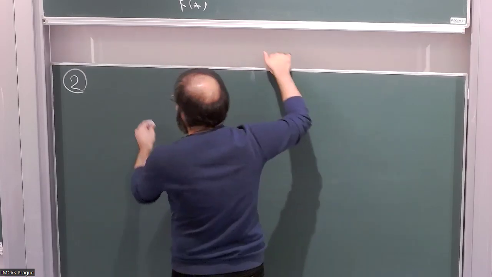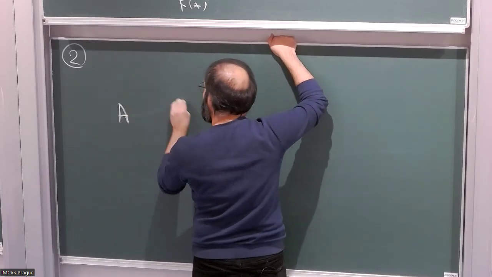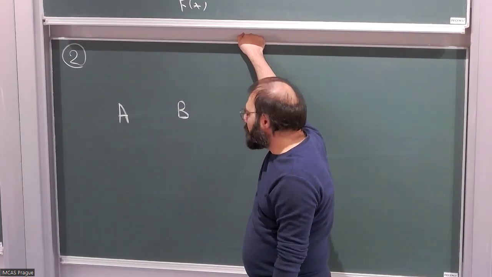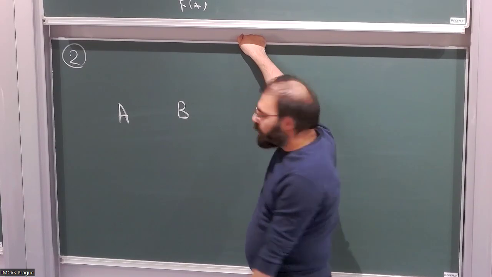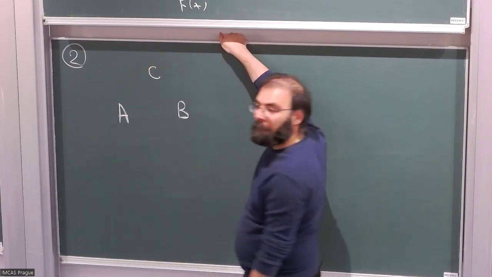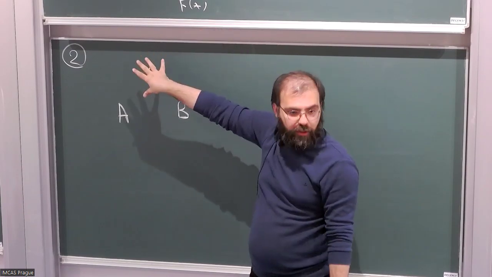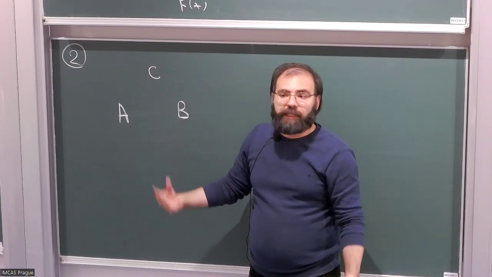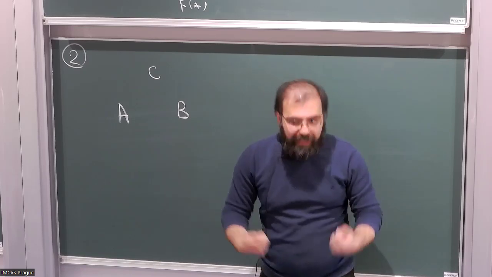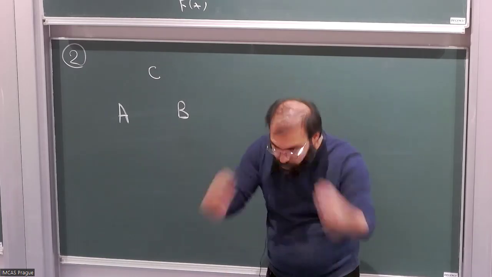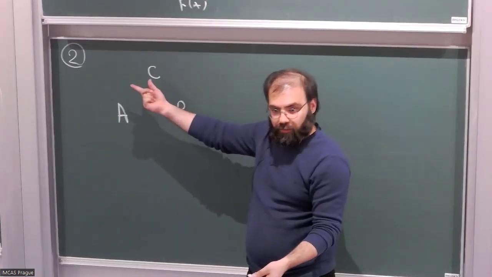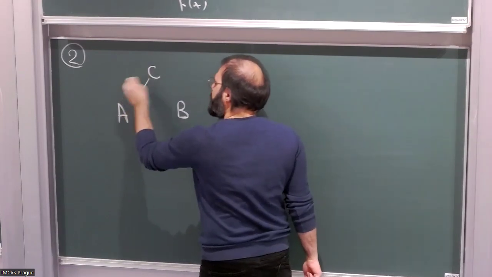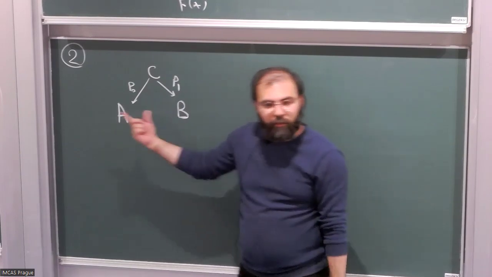Let me help. So let's say that I have two sets, right? Then what is the Cartesian product? Whatever it is, it's a set. So therefore, I have an object. This is the set of all Cartesian products. The whole Cartesian product, the set of all pairs, right? It also interacts with A and B because it is the set of all pairs. So you have projection. This is the connection between C and A and B. Say P0, P1, whatever, right?